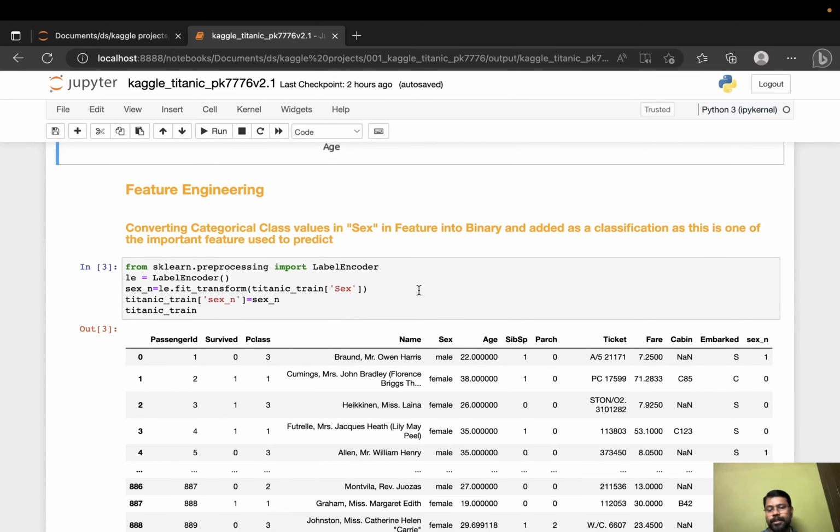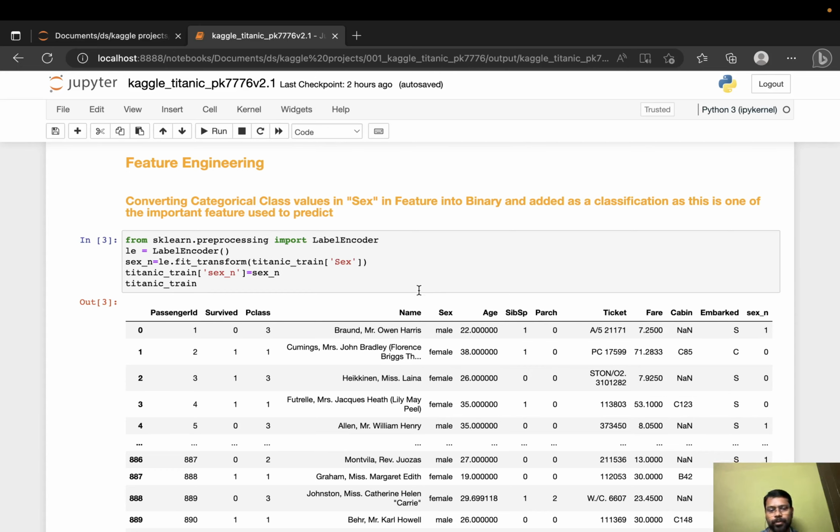Because I want to have numerical values in order to predict with the model, I cannot have categorical values, which are nothing but textual values, in the model. So I have to convert the important features that are more relevant to the target variable into numerical values. I have used the library called LabelEncoder from sklearn preprocessing, and I have converted the sex into